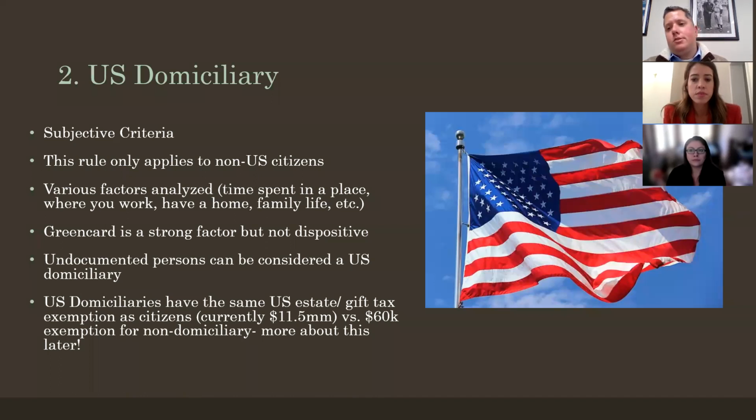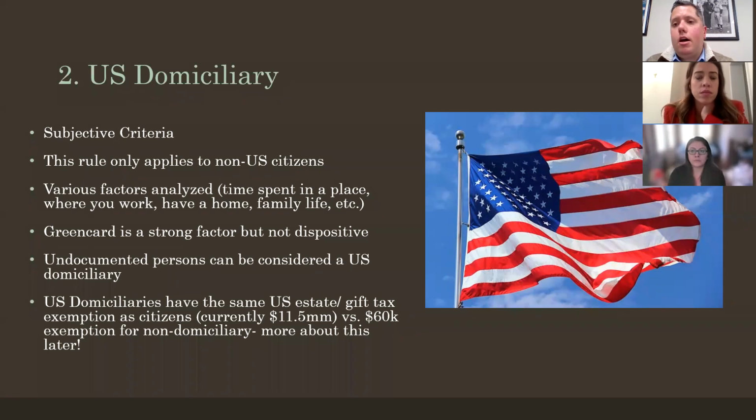It's a rule that only applies to non-U.S. citizens. It's really a rule that applies for U.S. estate tax purposes. And why is this so important, especially in the context of U.S. real estate, which we're going to go into later? This is important because U.S. real estate under the U.S. tax code is considered a U.S. situs asset, right? Which is subject to U.S. estate tax. And it's the same thing for co-op shares. Co-op shares are essentially shares of a domestic corporation, and upon death, that is considered a taxable asset for U.S. estate tax purposes.